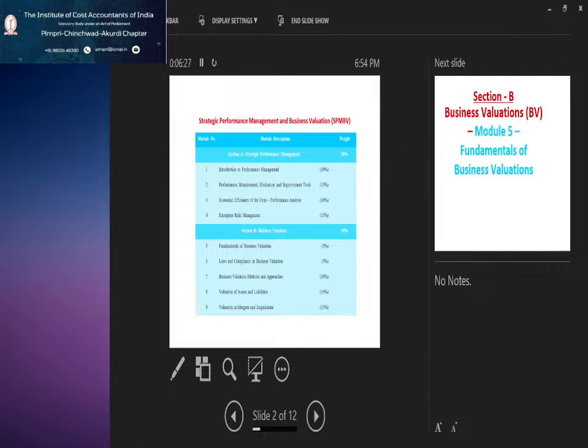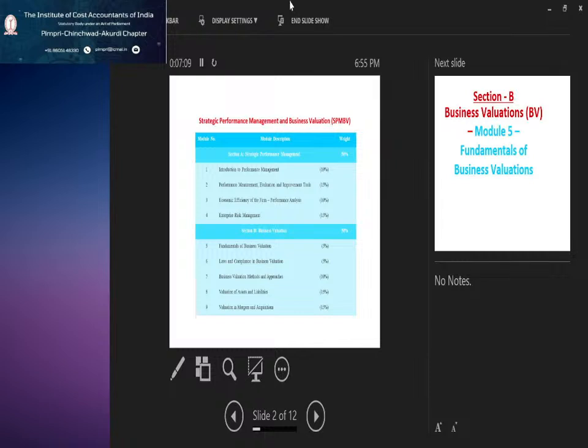And I have elaborately, while referring to the study material provided by the Institute of Cost Accountants of India, thoroughly displayed the entire concepts of all the chapters of all 4 modules via PPTs, which comprised crisp and exam friendly study notes. So with that background, we will start with